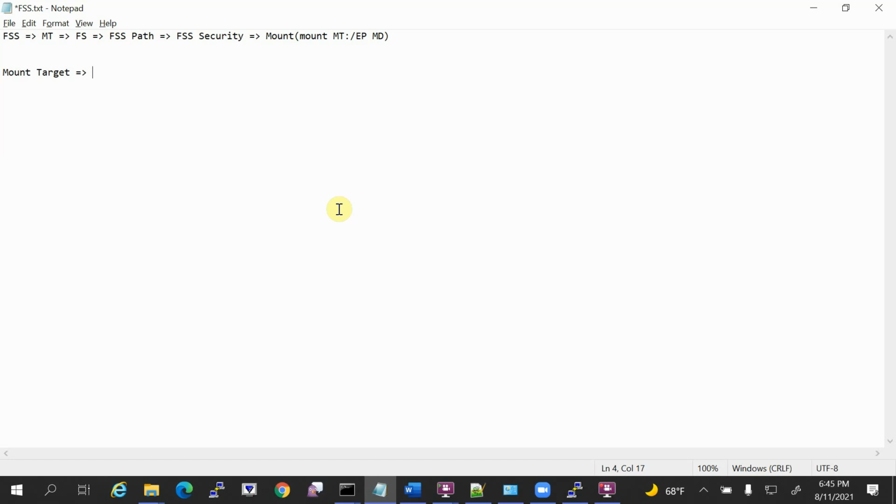But 100 itself is more than enough. It is very much sufficient. And in each availability domain, you can create 2 mount targets. Each mount target, you can create 100 file systems.